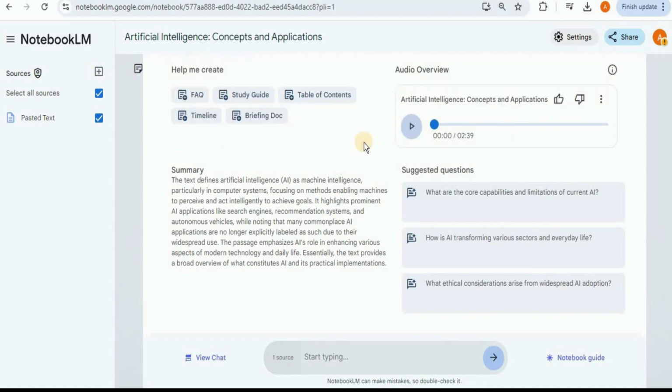So now instead of providing us a long podcast which previously consisted of more than 6 minutes, now it has provided us a brief and concise audio podcast which is just 2 minutes and 39 seconds long. Let's hear it once to see if it is easily understandable by an 8th grader or not.